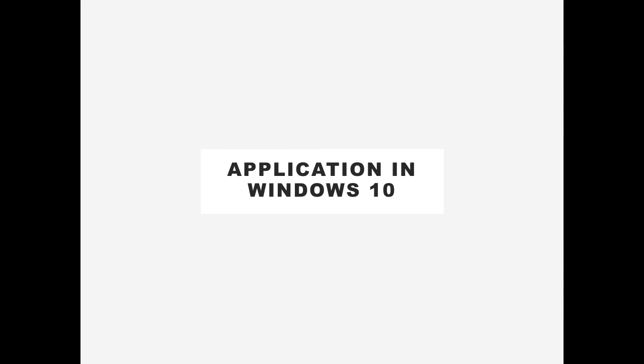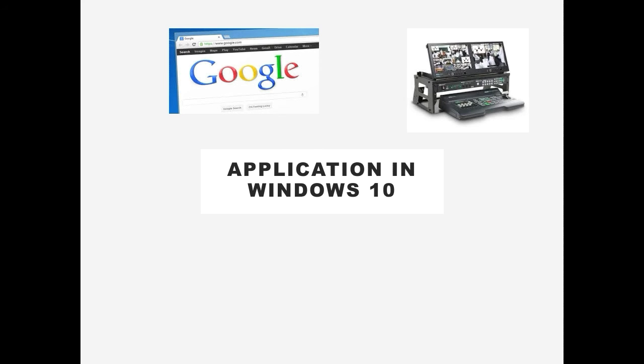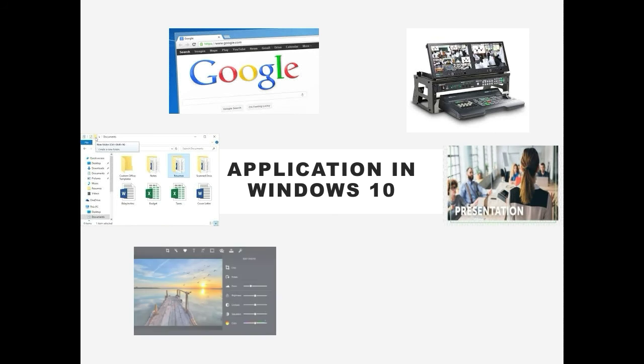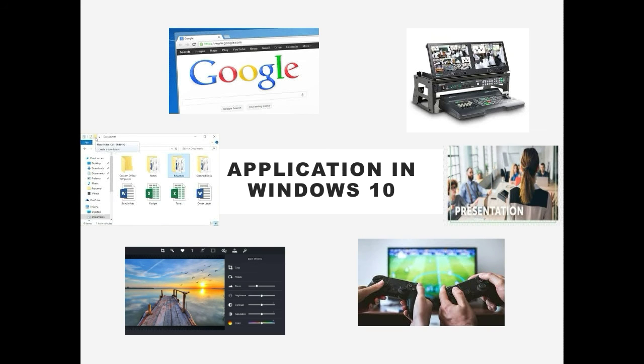Applications in Windows 10. Windows 10 comprises several useful applications to perform various tasks. Browse the internet, get audio and video entertainment, create documents and presentations, edit photos, play games, etc. While some apps are installed by default and are critical to the OS, apps can also be downloaded or purchased online from Microsoft Store. This provides flexibility to users in customizing the system to their needs.